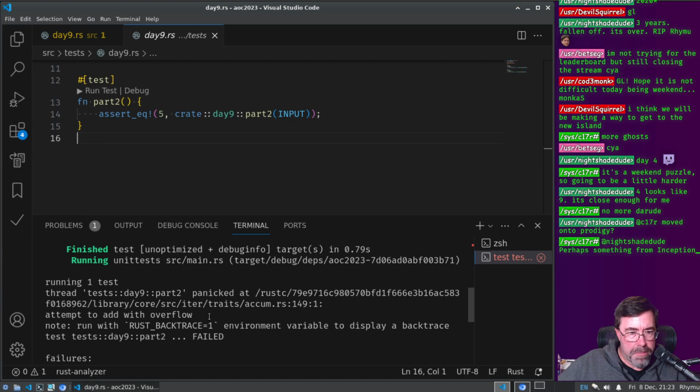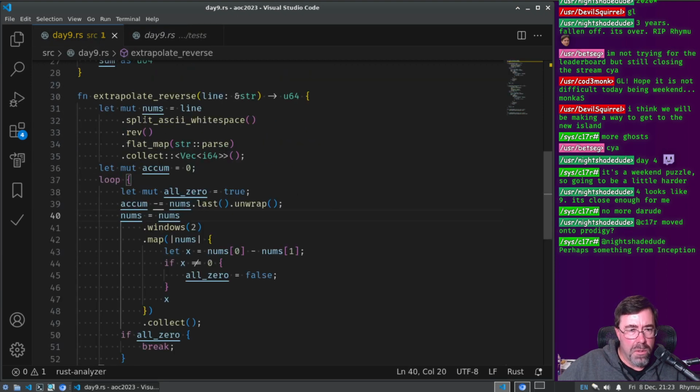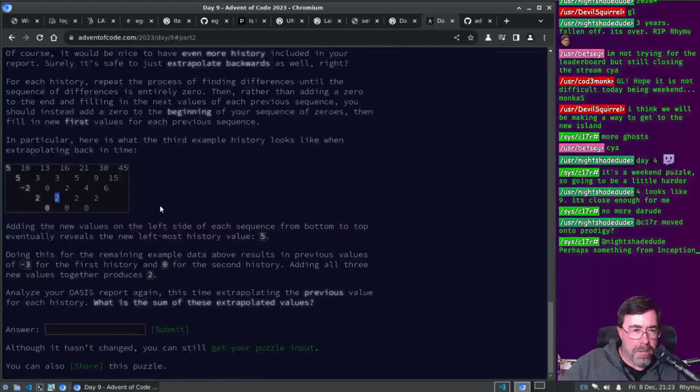No, we have add with overflow. Why do I have an add with overflow there? Oh wait, that can't be right. Okay, so I can't reason out how to do it from the top down. So if we do it from the bottom up, then what I need to do